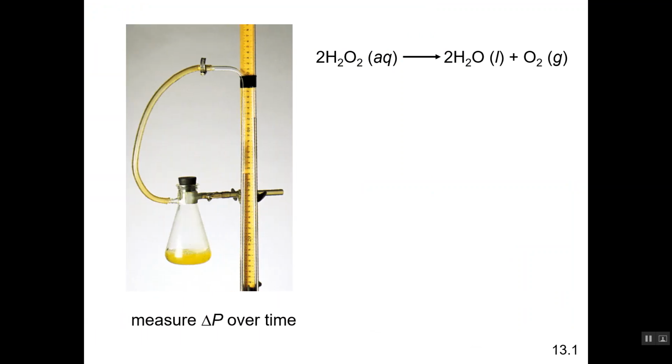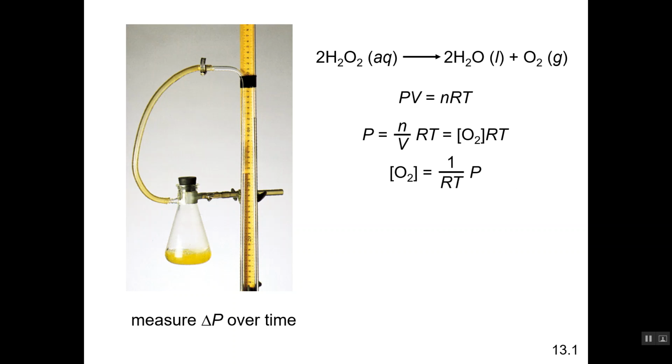Okay, another example of a reaction: the decomposition of hydrogen peroxide. In this case, it is more convenient for us to monitor this reaction in terms of the pressure of the oxygen that is formed. Now we know the ideal gas equation, PV is equal to nRT. We can rearrange that to get an expression relating the pressure of oxygen to the concentration of oxygen. Again, it's a linear relationship, so monitoring the pressure is a very good way of monitoring